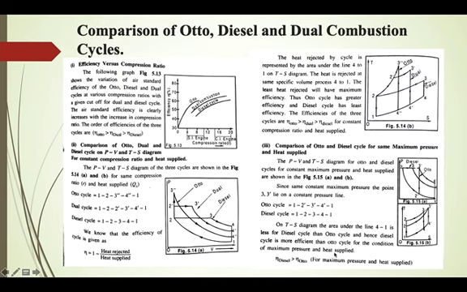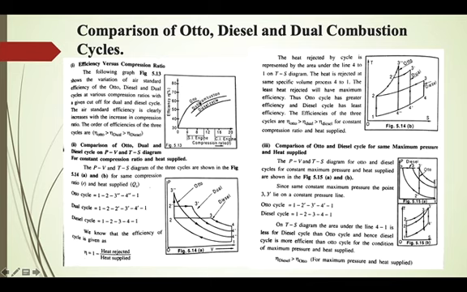Okay. So finally we have now studied all the different gas power cycles, and now we will compare the Otto cycle, diesel cycle, and dual combustion cycle. Usually the efficiency of all cycles depends on compression ratio. So here efficiency and compression ratio have been plotted, compression ratio on the x-axis and efficiency on the y-axis. Now it is clear from this figure that the Otto cycle is more efficient as compared to the dual and diesel cycles. But as you go on increasing the compression ratio,